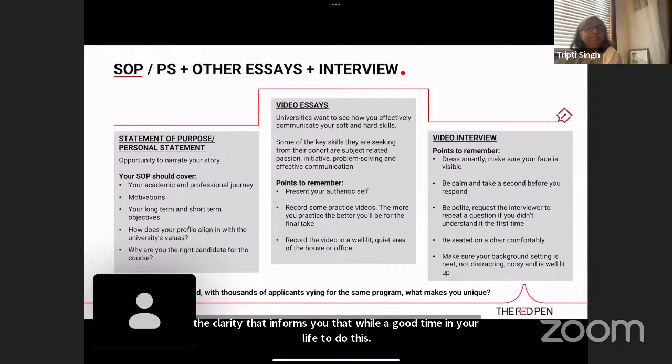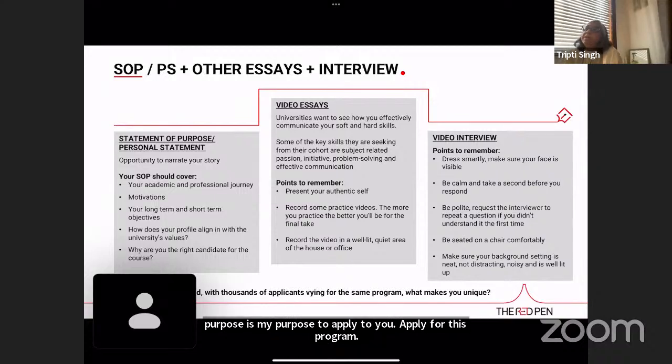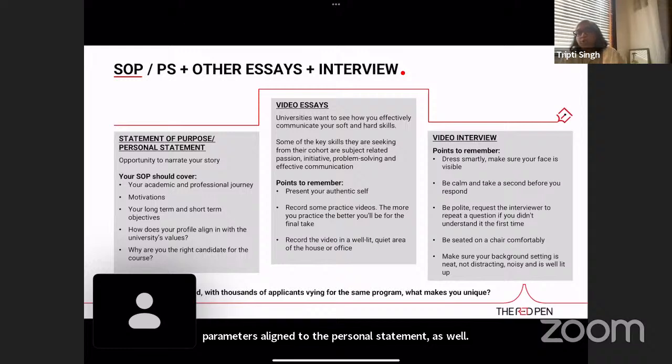Okay, that's key. So when you look at a statement of purpose, the purpose is not my purpose in life. It's not philosophical. The purpose is my purpose to apply to you, apply for this program, apply now. Okay. Similar parameters align to the personal statement as well, which is in the UK, in Europe, in Canada, Singapore,